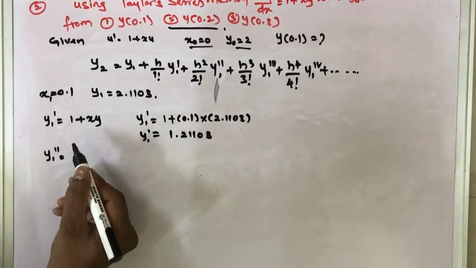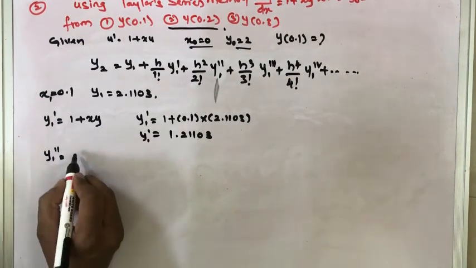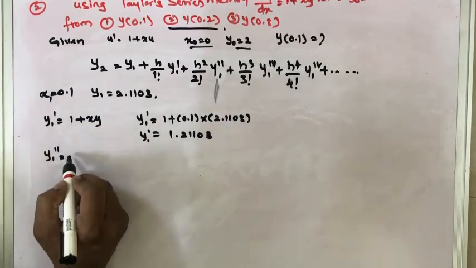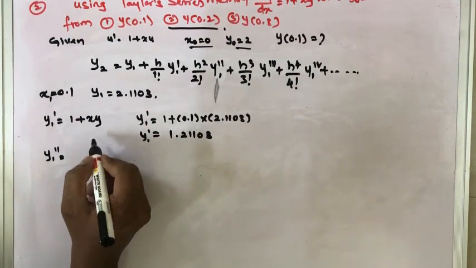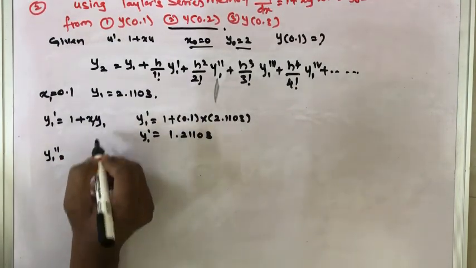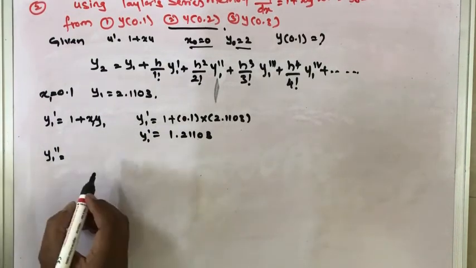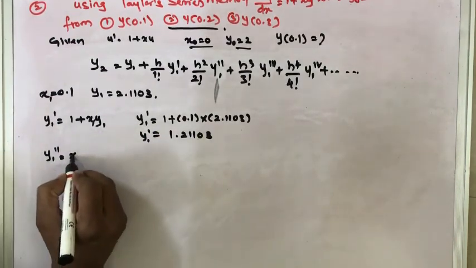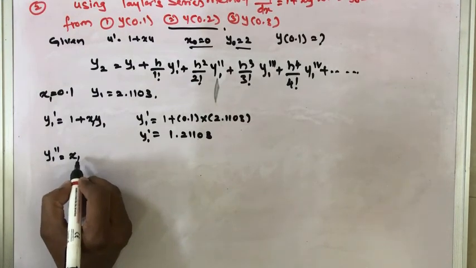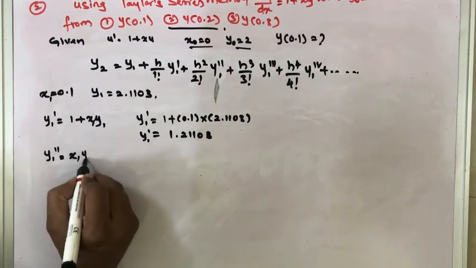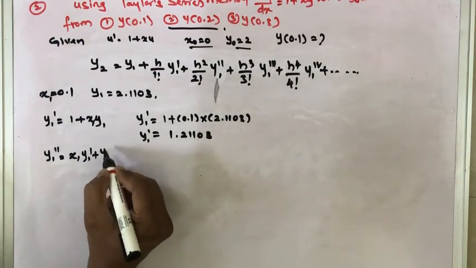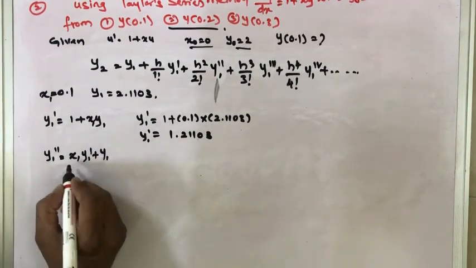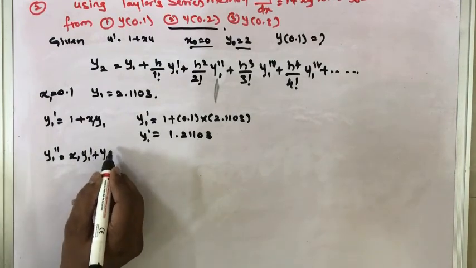If I do the differentiation of that, differentiation of 1 will be 0, differentiation of x. So it's better instead of writing x and y, I'll write x1 y1, so that will be easy for understanding. Differentiation of x1 into y1, I'll keep x1 as it is. Differentiation of y1 will be y1 dash, plus y1 into differentiation of x1, which will be 1. So we'll get x1 y1 dash plus y1.